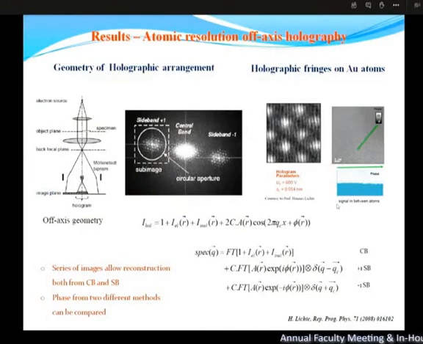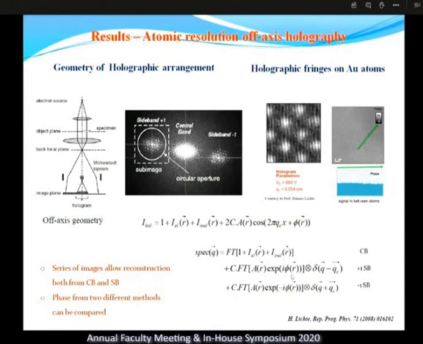In the case of holography, it's quite straightforward. Once you do the Fourier transform of the hologram, you have three bands: a central band and two side bands, and the two side bands are the twin images of each other. So you can see that you can separate them out in the frequency space. Now you take one of the side bands out and do an inverse Fourier transform, and you have the complete wave function information. It's not straightforward, as will come, but you have to fit it to the model calculation.